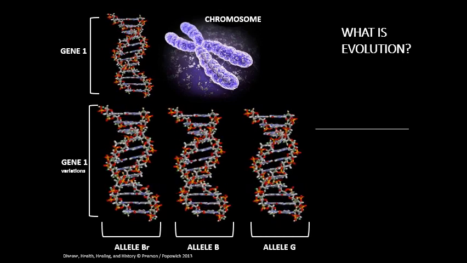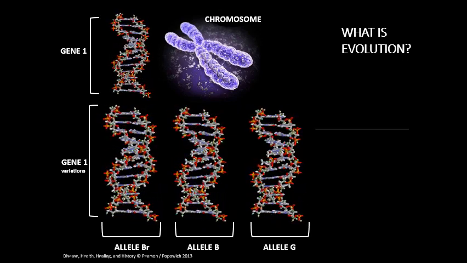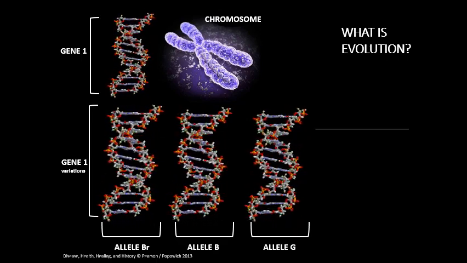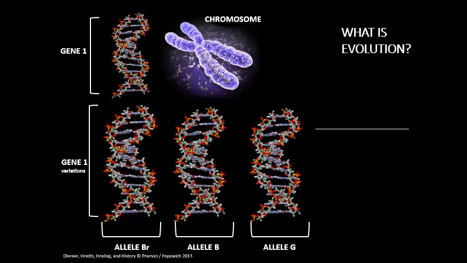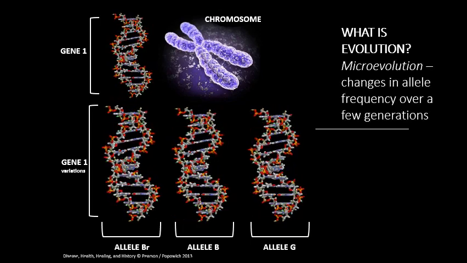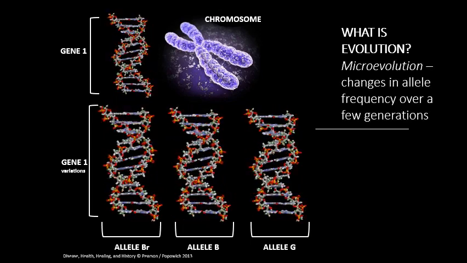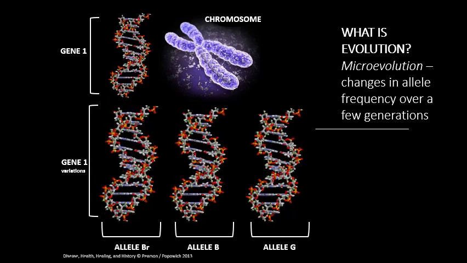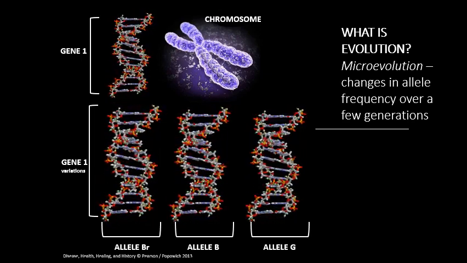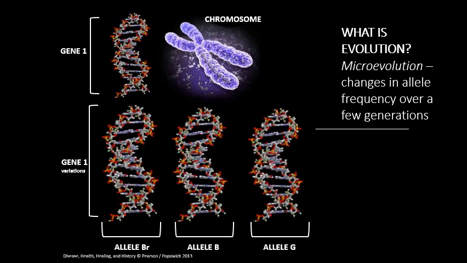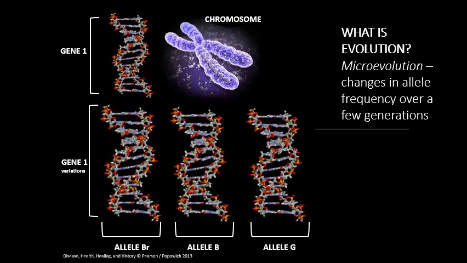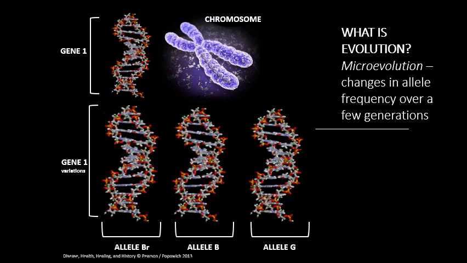We like to look at evolution within the concept of genes and alleles. And there's two different types of evolution. There's something that we refer to as microevolution, and this refers to changes that we see in allele frequency over a few generations. So for example, if we see a general shift in the amount of individuals that have, for example,